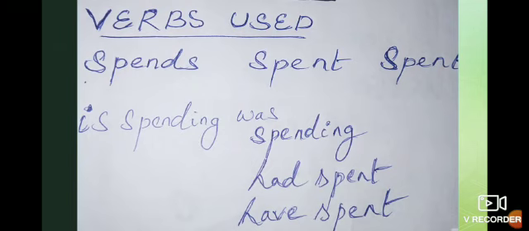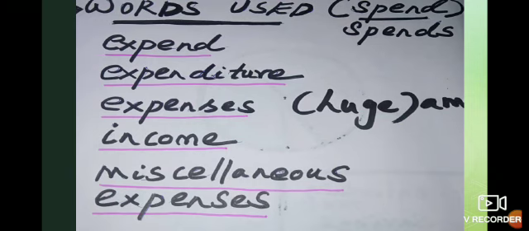Spend, spent, spent is spending, was spending, had spent, have spent. All these things you can use here as verbs. So, even expense, expending, all those things you can use here. And here the words I have added are expend, expense, expended, or else in the noun form you can take